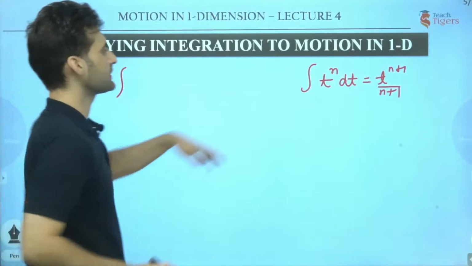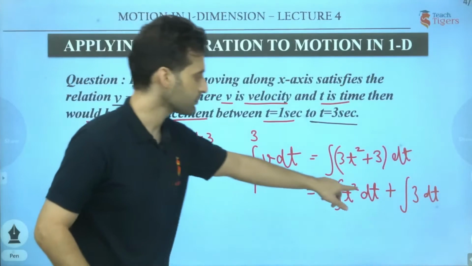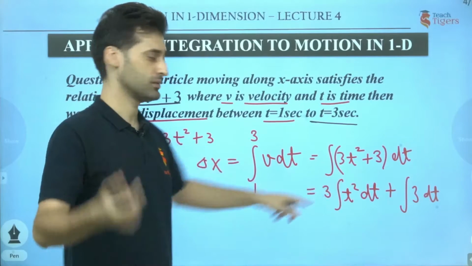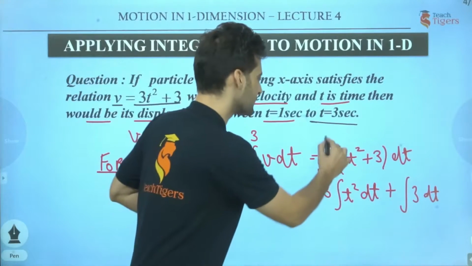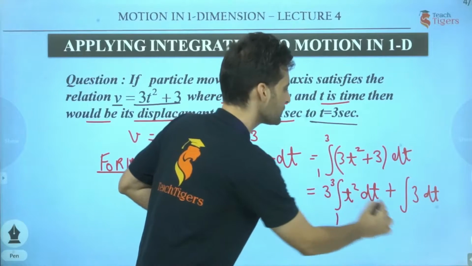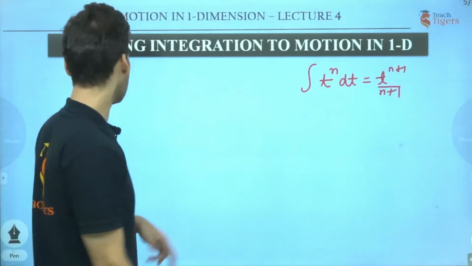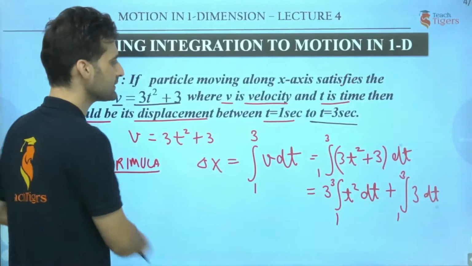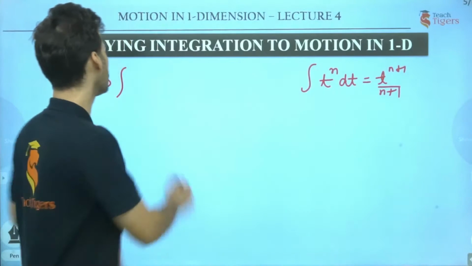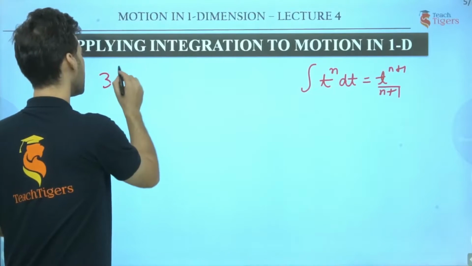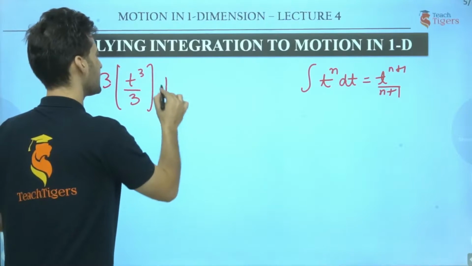Let's apply this formula. See, t raised to power n dt here. What is n here? Instead of n, there is a square. So what you have to do, and keep this in mind, keep the limits along with them, because we are going to perform the definite integrations. Now here 3 is as it is, t square, t raised to power n. What is n? N is 2 here. So let me solve it directly. It will be t raised to power 3 divided by 3 like this.